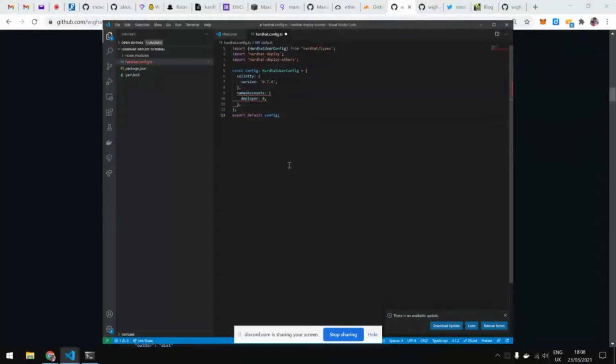Here I usually use the name deployer for whoever is the account that will deploy, and set it to index 0. So the first account is basically the deployer, and I can then use it in my test. And another advantage of it, you will see later, is that all the accounts that have not been